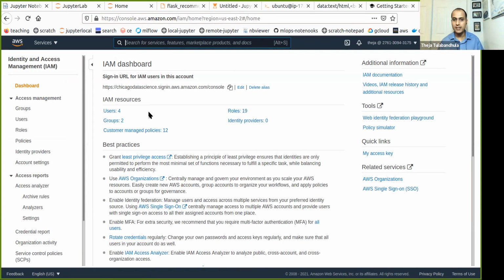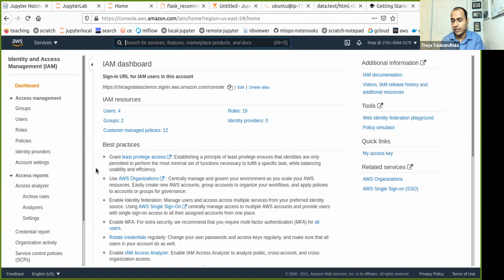Okay, so in particular, programmatic users, I mean, instead of logging into the AWS console the way we did through the browser, you will get what are called a secret key and an access key. Using that, command line tools like Docker can use those credentials to access only restricted parts of your AWS services.